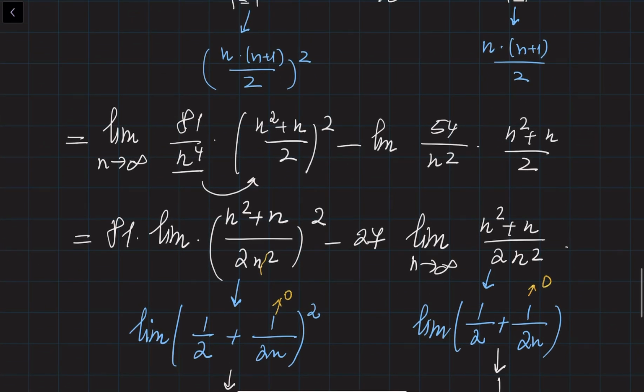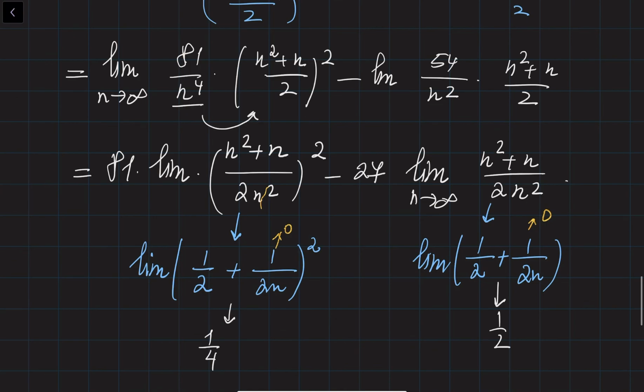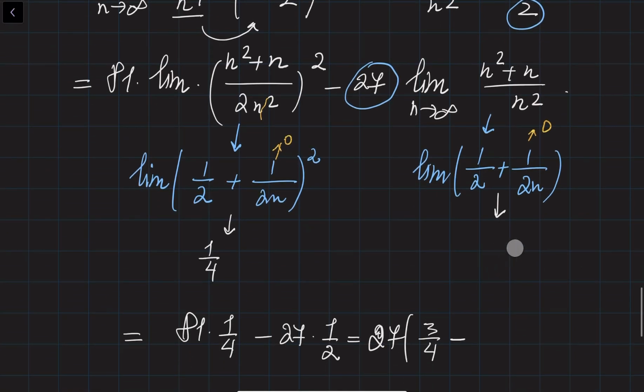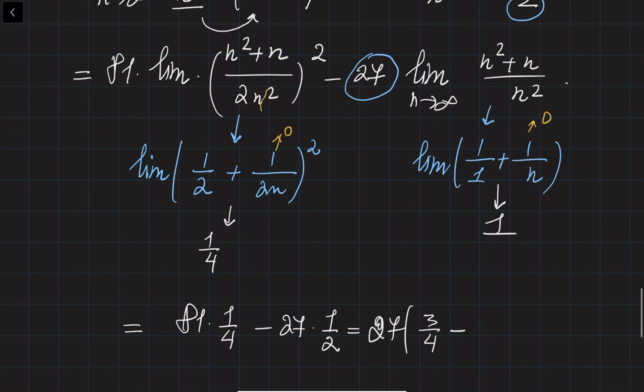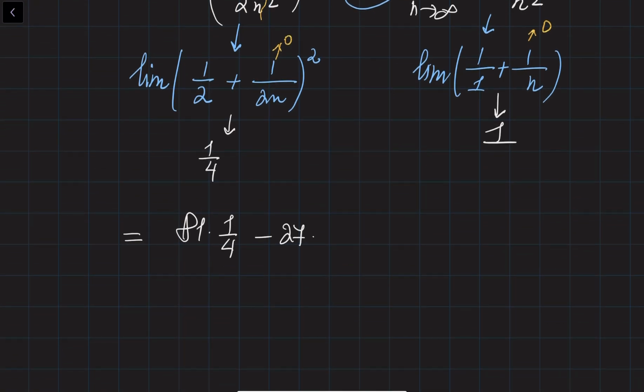Okay, I think I made a mistake here because I already divided the 54 by 2. So 54 divided by 2 is equal to 27. So that's why its limit is equal to simply 1, right? So here it's going to be equal to 1, and the second term is going to be, yeah, sorry. So it's going to be 81 over 4 minus 27. If you take 27 out of the brackets, it's going to be 3 over 4 minus 1, which is equal to minus 27 times 1 over 4,